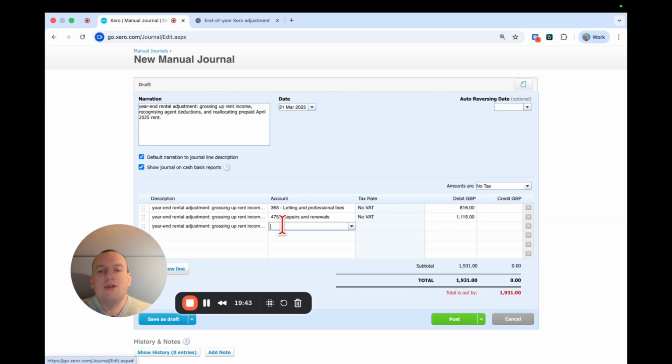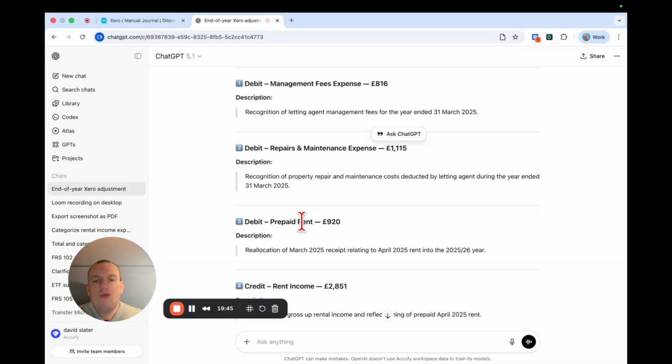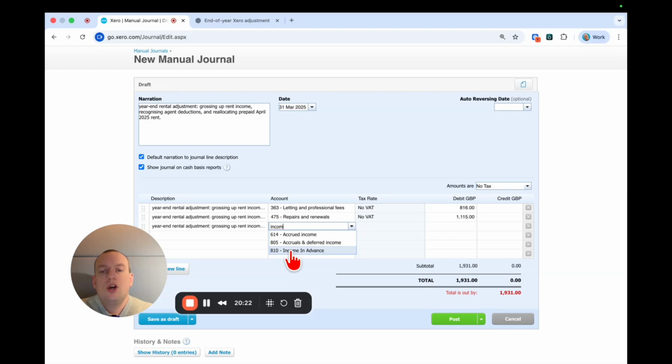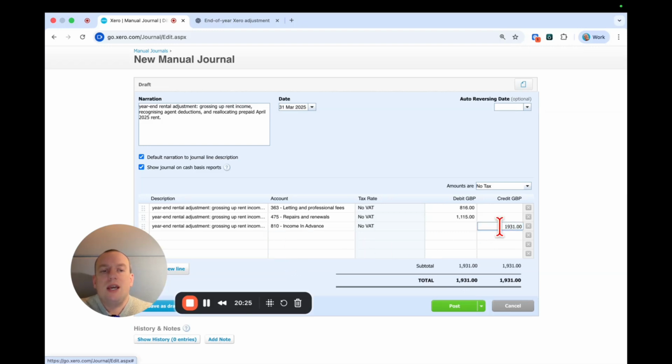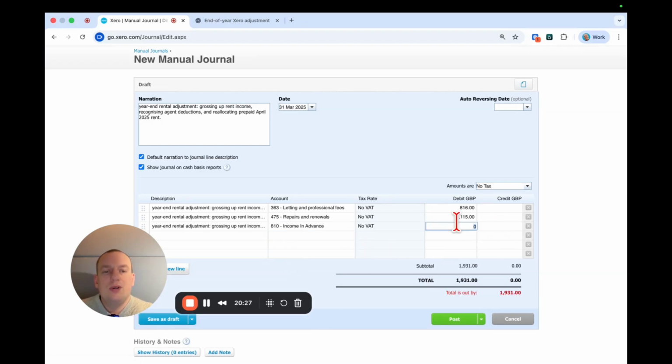The next one then we have to do is prepaid rent, £920. That's for the amount of rent which, even though it was received in this reporting year, actually is related to the next accounting period. If this business used cash-based accounting, like for example for a sole trader, we wouldn't have to do this, but because it's a limited company, we do. Whatever the relevant accounting code is for you, and again, Xero's tried to put it in, which is wrong. So we put in the correct amount for prepaid rent,